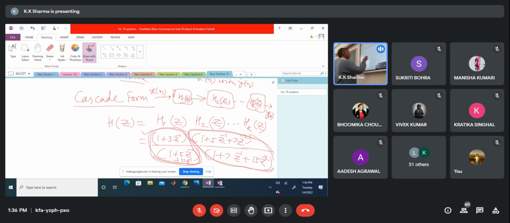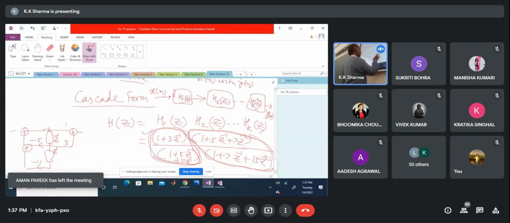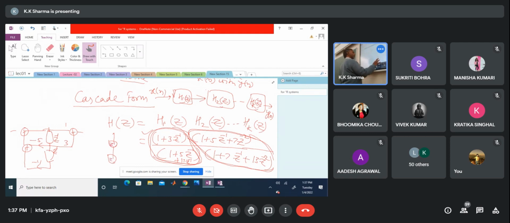So what will be the direct form 2 of this? Anyone now? Tell me, z^-1, z^-1, and what will this be? Tell me the coefficients: this is 1, 3, 0 and this is -5, -11. You can see it just by looking. This is the implementation of this. Similarly, what is the implementation of your next block? Tell me quickly, now you have got it. What will it be? 1, 5, 7. Very good.